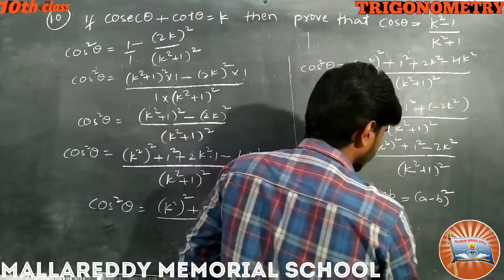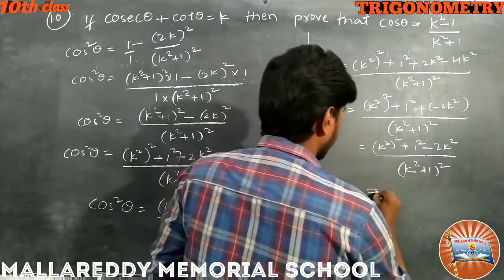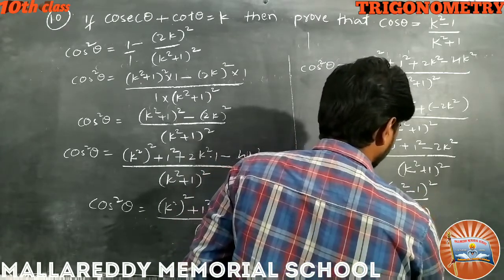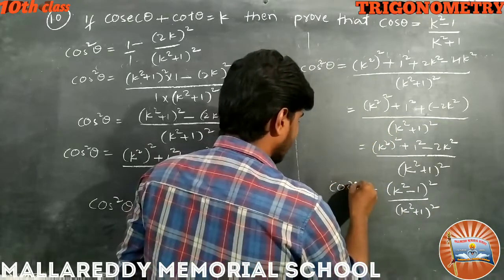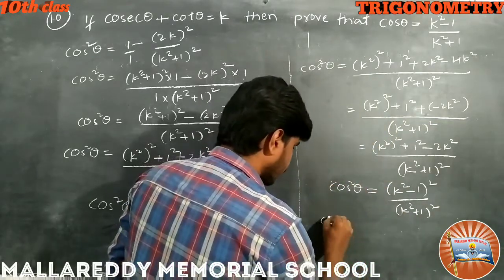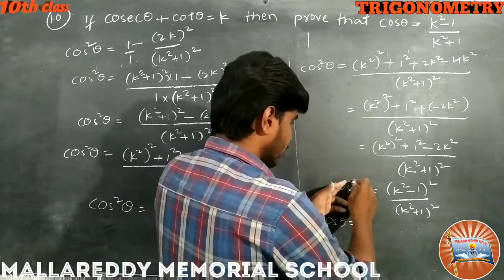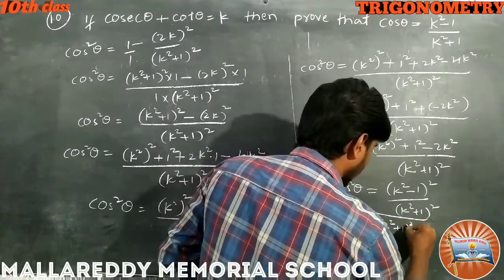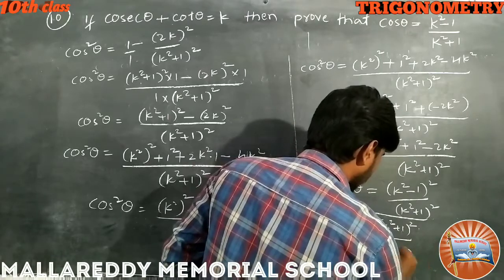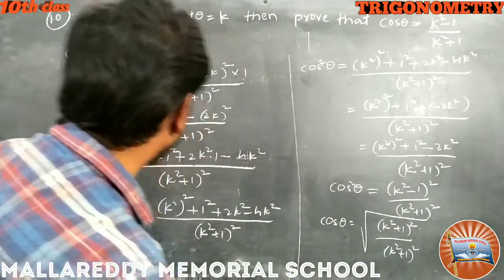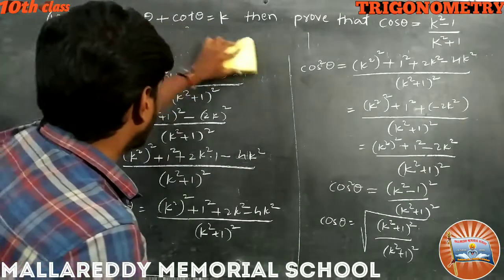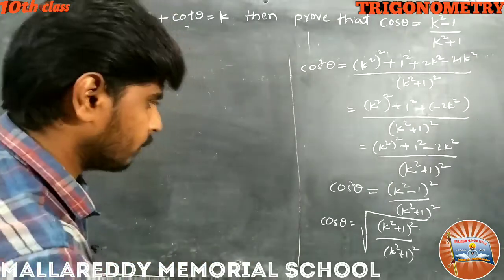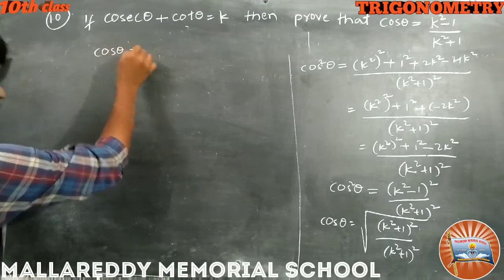Right, I am going to erase this. So now we can replace here (k square minus 1) whole square by (k square plus 1) whole square. Here cos square theta as it is. In the next step what becomes, ma? Cos theta is equal to, the square becomes root, to the RHS side: (k square minus 1) whole square by (k square plus 1) whole square. Okay. Right. The next step.